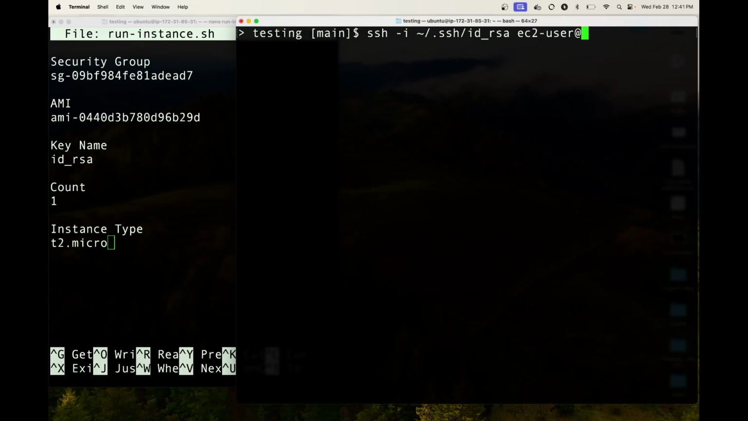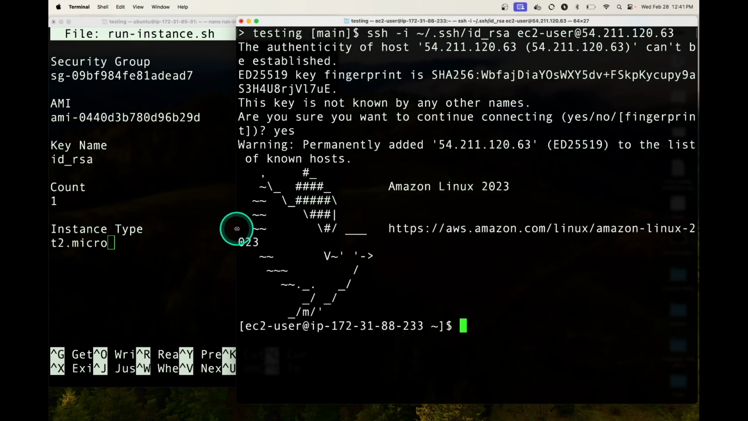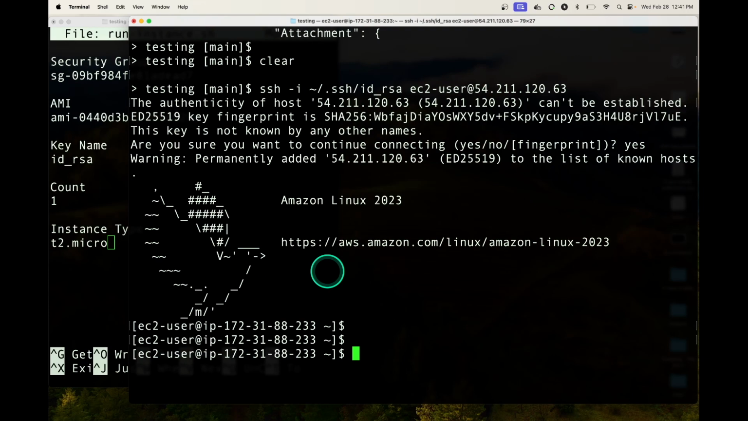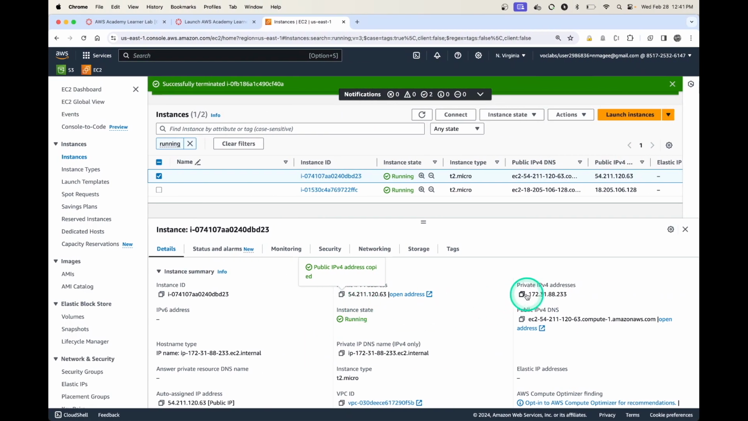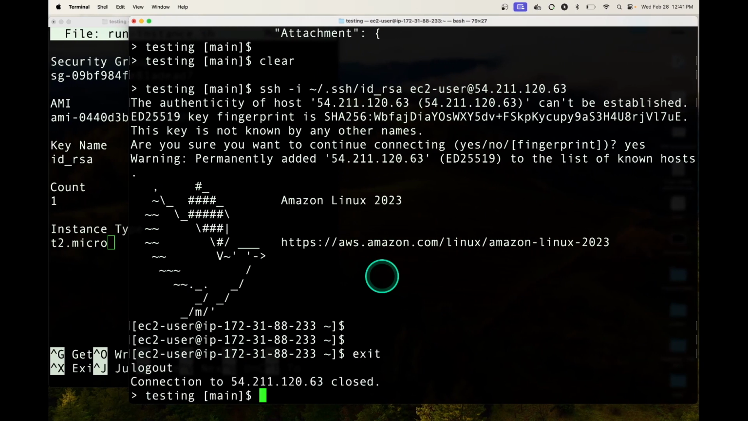EC2 user. Cannot verify it. Do you want to connect? Yes. So we say yes to that. And we're in. So this is the 88.233 instance, which is right here. The private address is 88.233. So that's really quite useful. And now we can really run this thing. We can drive it